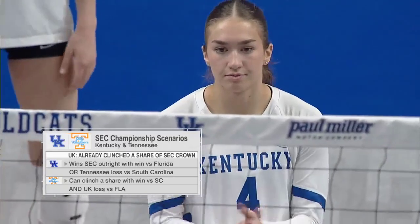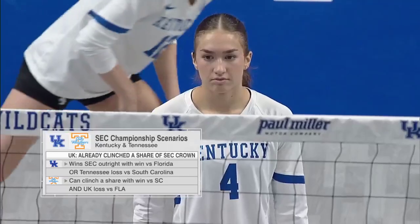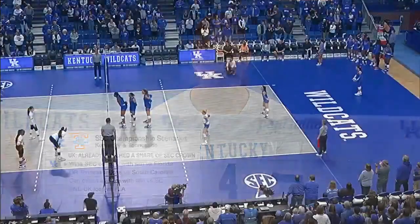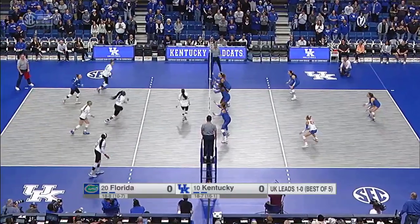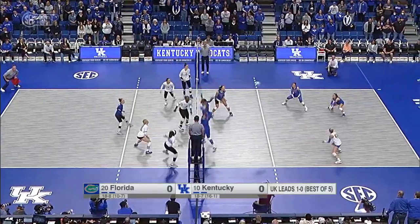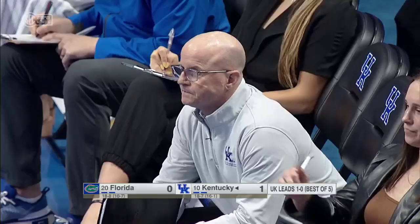Think about when you're in the non-conference, like, oh, I could have made this easier. You know, this has been a lot simpler. And he goes, no, I'm not really worried about wins and losses in the non-conference because they started off 1-3, and I think per usual a lot of people are freaking out, like, how's the season going to go? But he goes, I'm not really worried about non-conference. We spend all year getting ready for the SEC and eventually the NCAA tournament. Whatever happens in non-conference, we're not too worried about it. We're just trying to get better and put ourselves in a stronger position for the end of the